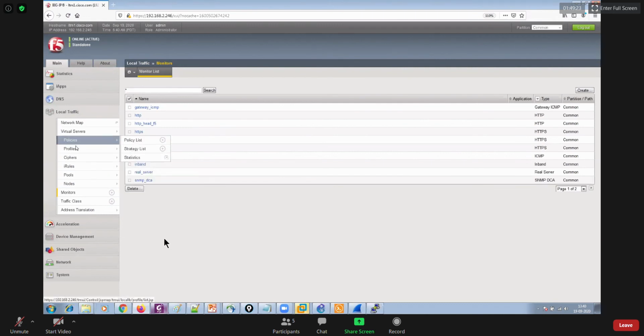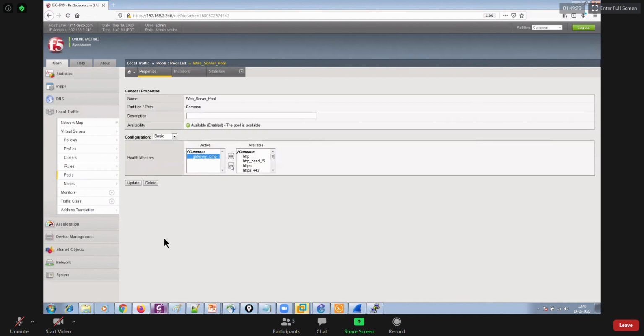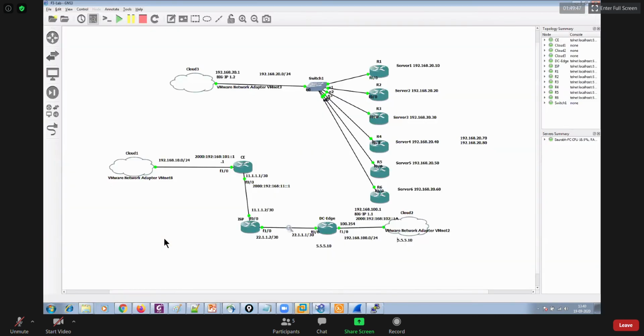Thereafter, you go back to your pool, because pool uses members, right? And you have a web server pool. It's using gateway ICMP. Don't use that. Use test TCP monitor. Go ahead, use it, and then you would see that the status of the pool is still green, right? All members are up, because they were able to establish the three-way handshake with each and every server.